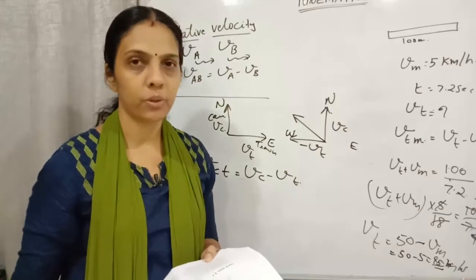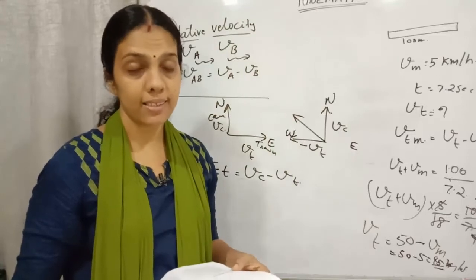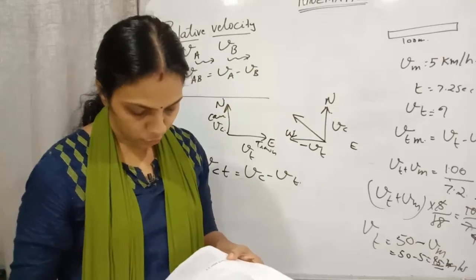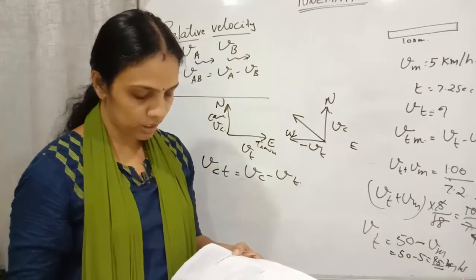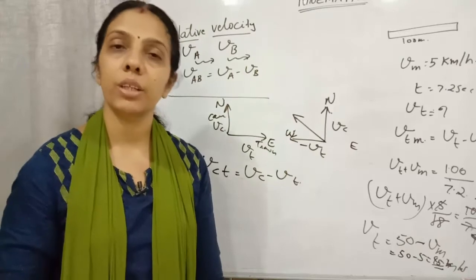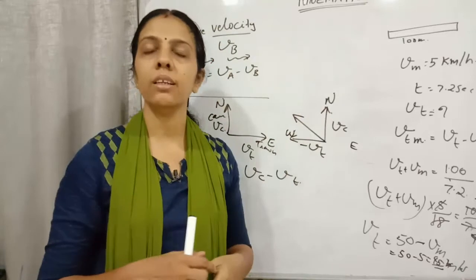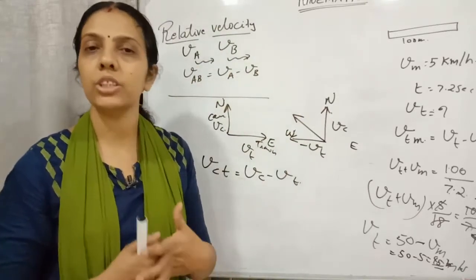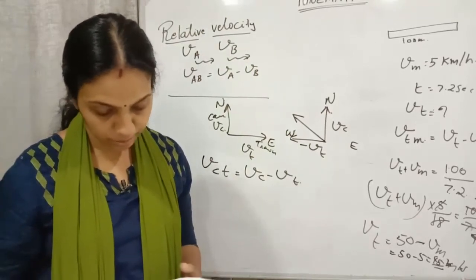So the next question is, two bodies are held separated by 9.8 meter vertically, one above the other. They are released simultaneously to fall freely under gravity. After 2 seconds, what is the relative velocity between them? It's a freely falling object, so after 2 seconds also there won't be any change in the distance between them, because both are moving under gravity. It will remain the same, 9.8 meter only.